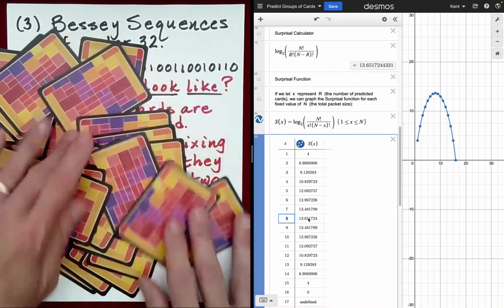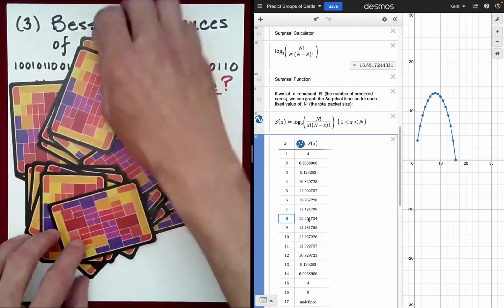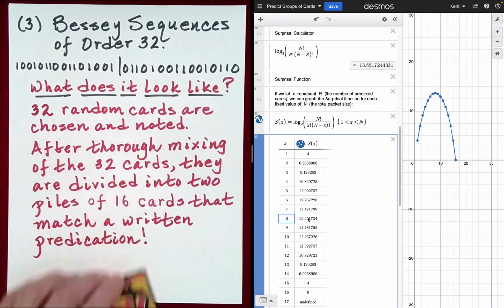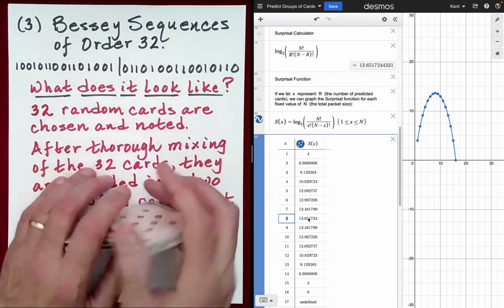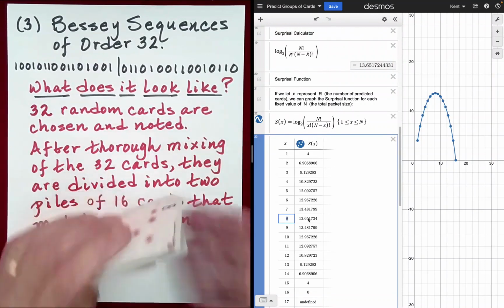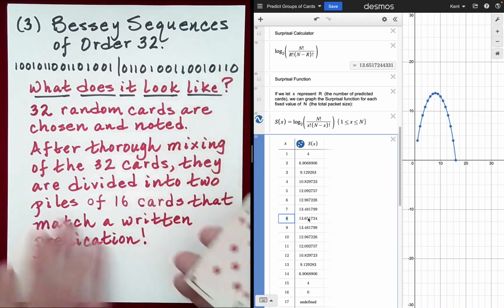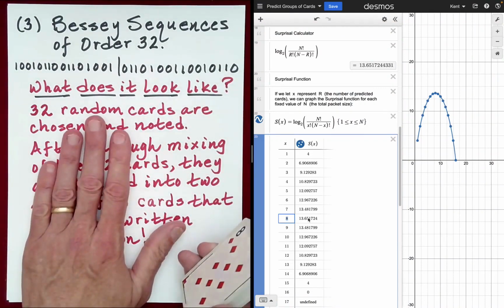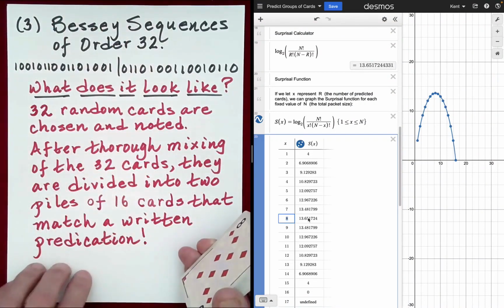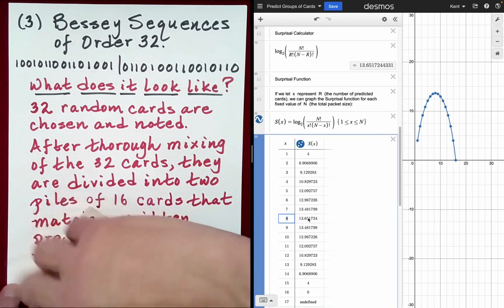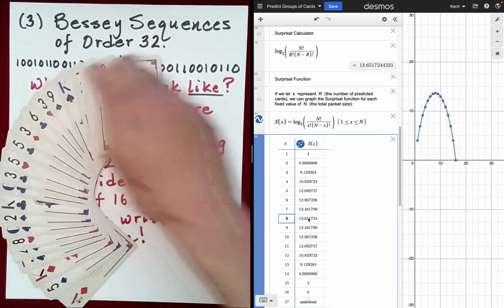Okay, so it's getting to be kind of big here. So I do encourage you to watch my performance dealing with Bessey Sequences of 32. It's probably a more manageable routine than what I'm suggesting right here, but that routine and this one have the same surprisal value. What I'm going to try to do here is fan these out so that we can see